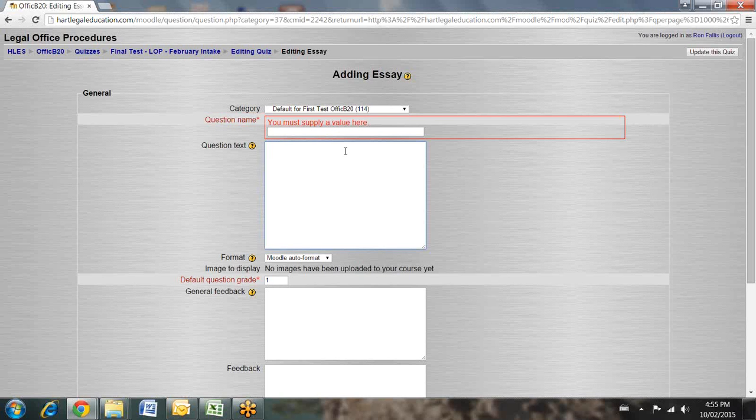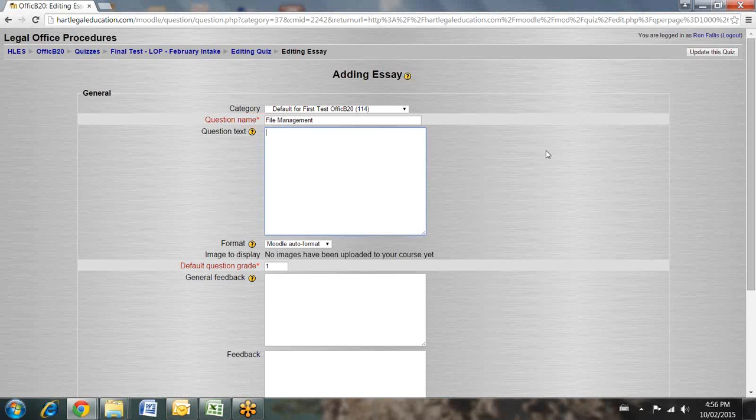If not, you can put in a few words that identify that question and distinguish it from other ones. So you might decide that it should be, in this course, something like file management. And then you put in your question, and that could be anything like, are the 5 main principles